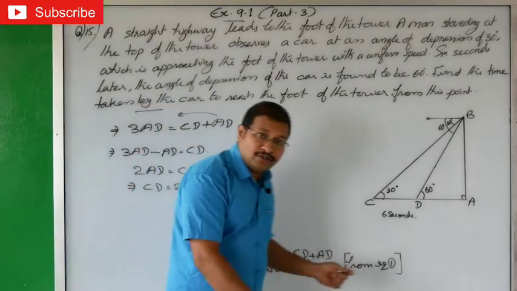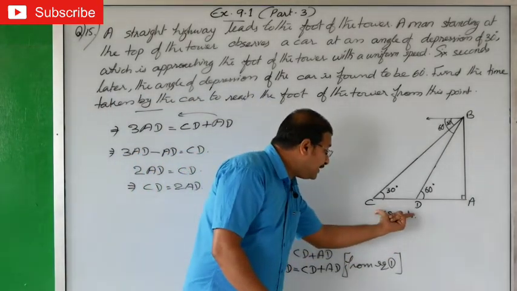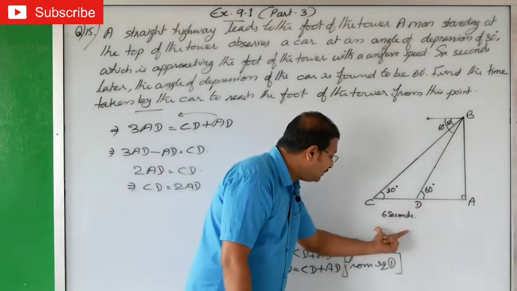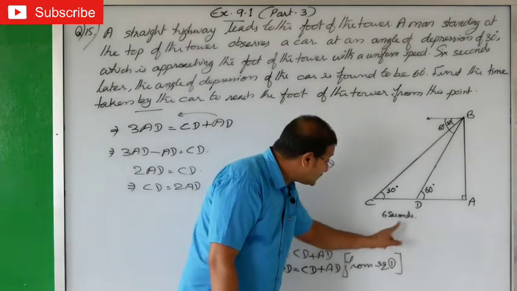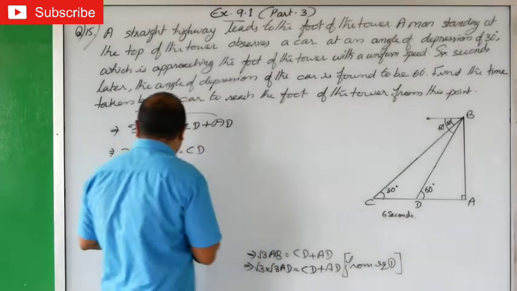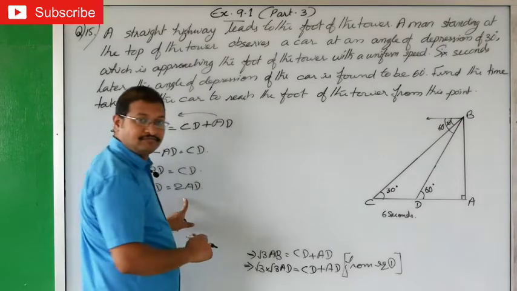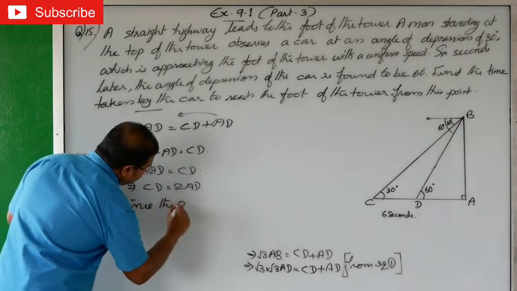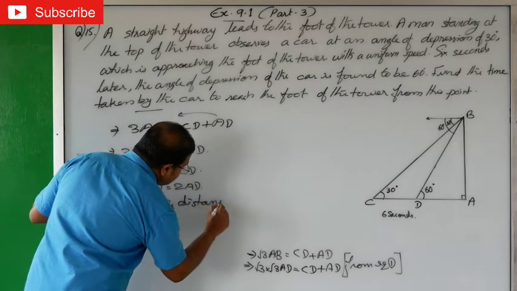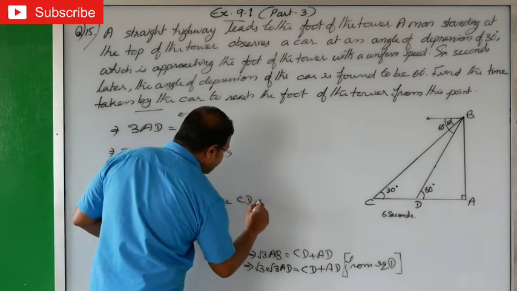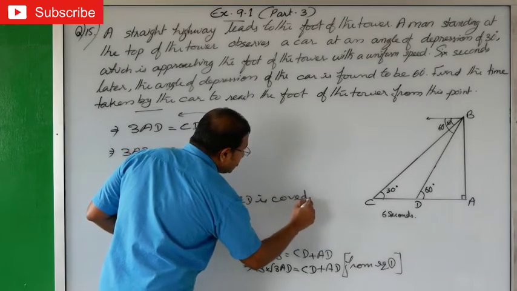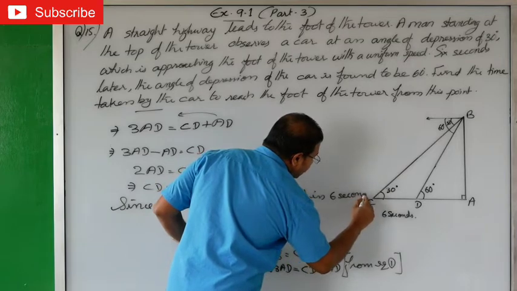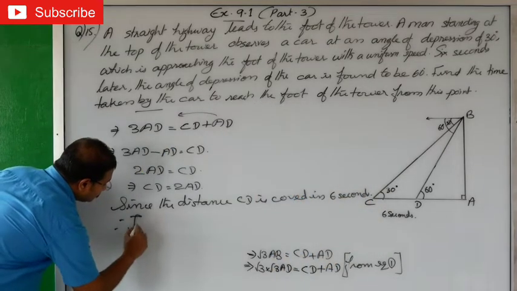That means we know that in this question CD took 6 seconds to complete. To travel from C to D, the car took 6 seconds. Ready? But we know that CD is 2 times AD. Got it? Since the distance CD is covered in 6 seconds, therefore the distance